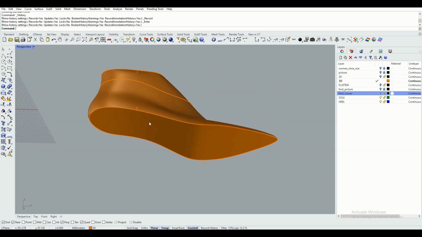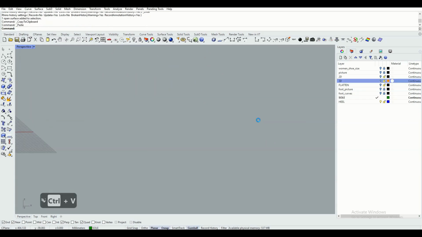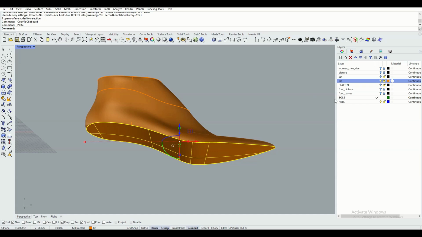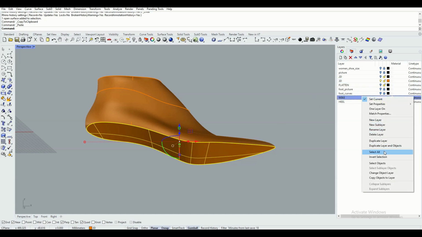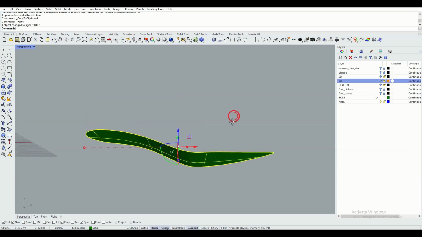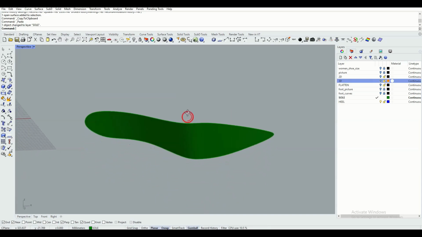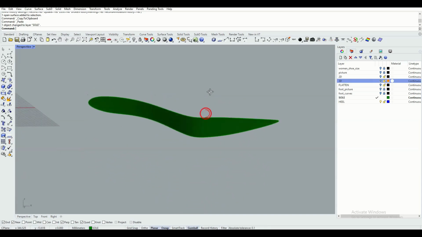Select the bottom surface, Ctrl C, Ctrl V, copy and paste, and change layer to the pasted object. So we have a copy of the bottom of the sole. We are going to use this surface to create the proper sole.